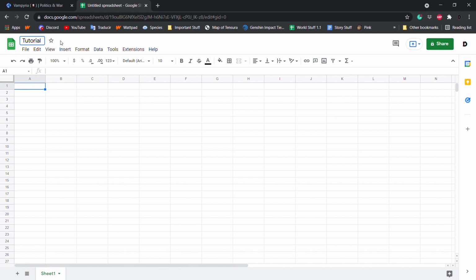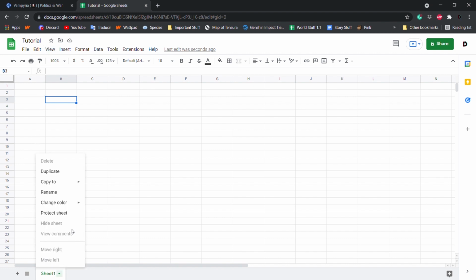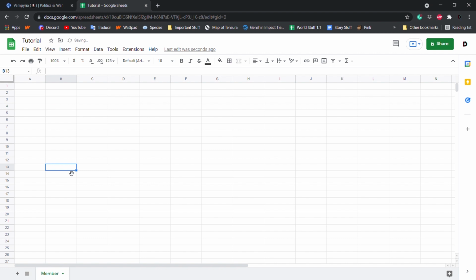For the purposes of this, you will want to rename the sheet, clearly, but you can name it whatever you want. Let's say your alliance is called Black. You could name it Black Member List. It matters not. You will also want to name this tab, though it's not entirely necessary, since you could just use the name that's currently there when coding. But I recommend naming it to make it much easier for yourself. Name it Member. Do note that whatever you put here, you will need to put in the coding